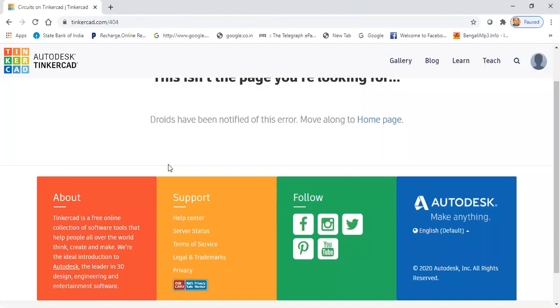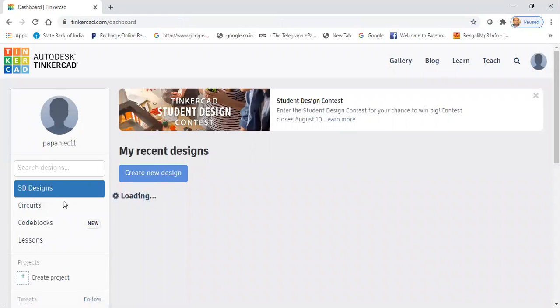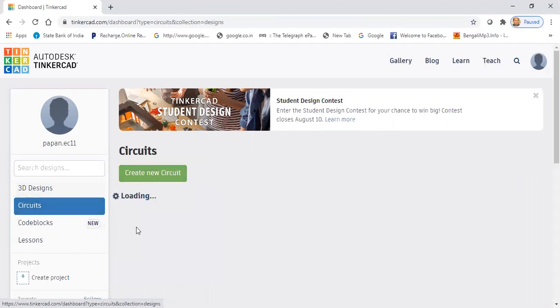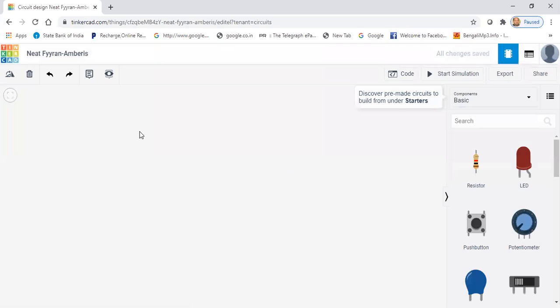Now go to the home page, and there are several options: 3D design, circuit, code block, lessons. So we just click on this circuits and then create new circuits. As we click this one, a window will appear here. This is the circuit design window for this